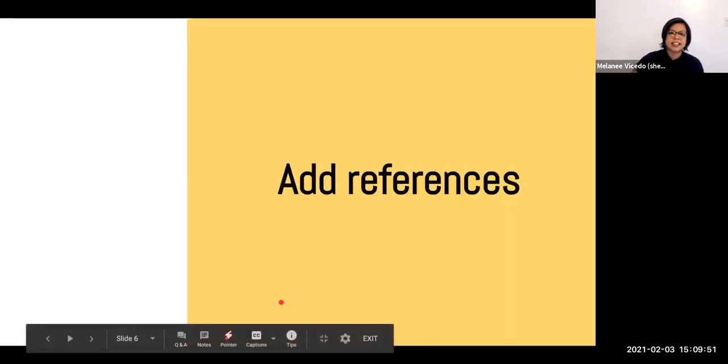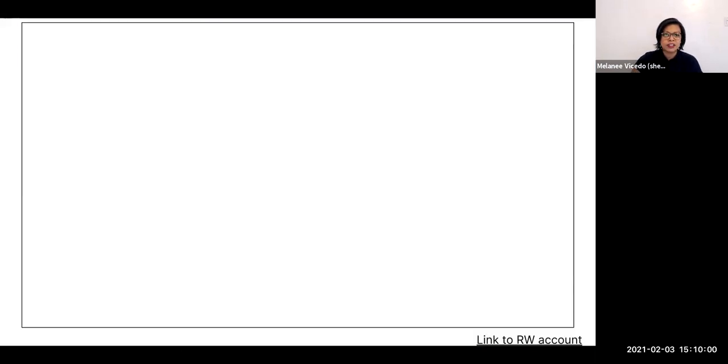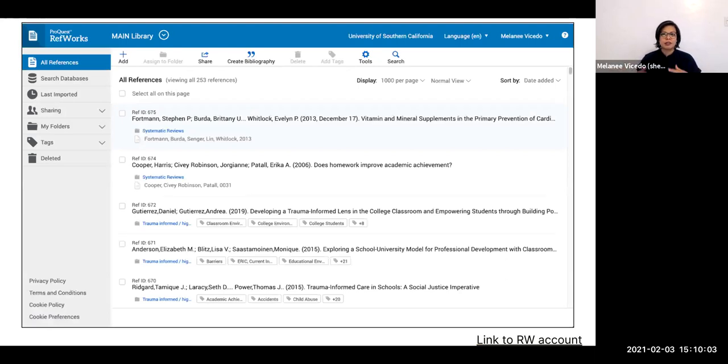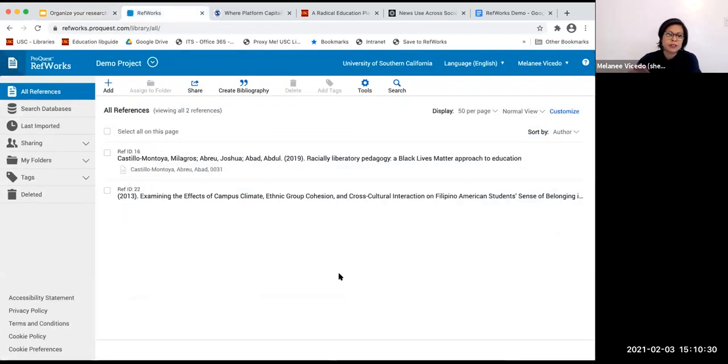adding references is probably one of the most important things that you'll do, and why you want a citation manager. These are some of the ways that we add a reference to RefWorks, and again, probably very similar to other citation managers. I just wanted to give you a picture of my main page for my RefWorks account. You'll see a lot of the citations and references already included there. But I wanted to go live into my actual account. And this is